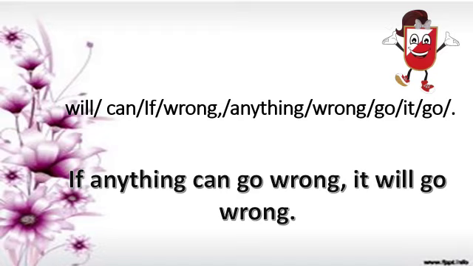Okay, the right answer is, if anything can go wrong, it will go wrong. Si algo marcha mal, terminará mal. Yes, this is a very famous expression of Murphy's Law. So in this sentence, we can see the first conditional. En esta oración podemos ver el uso del primer condicional. ¿Cómo yo puedo identificar el primer condicional? Con la palabra if. ¿Ok? Entonces empezamos nuestra clase con esta frase. If anything can go wrong, it will go wrong.